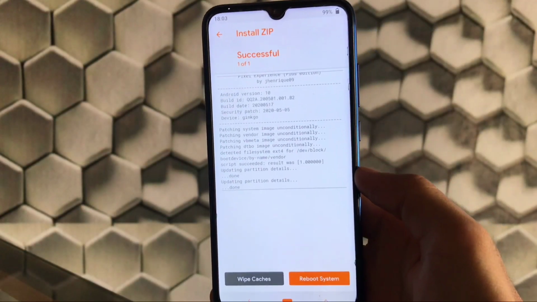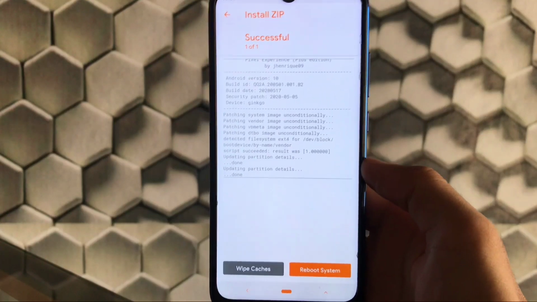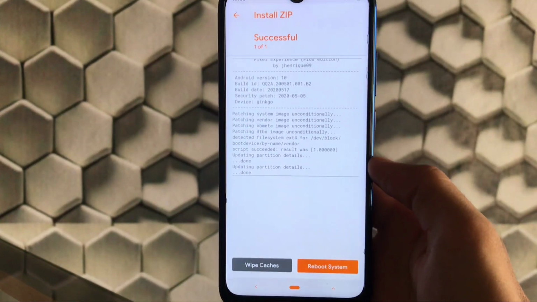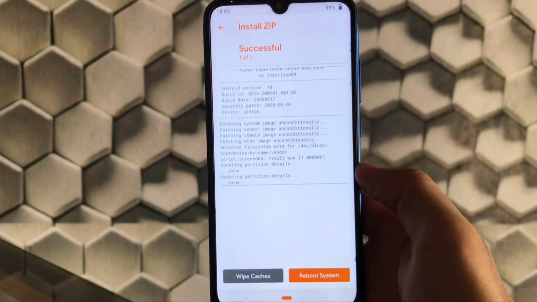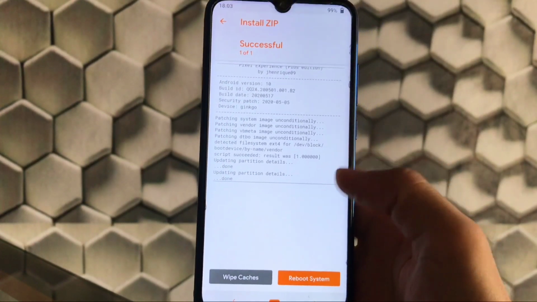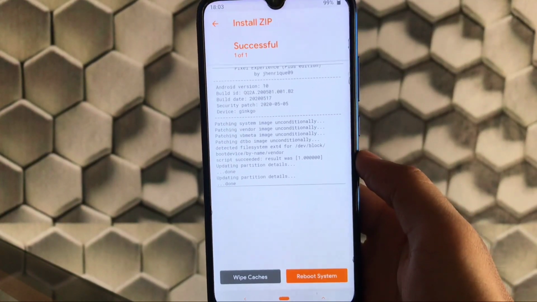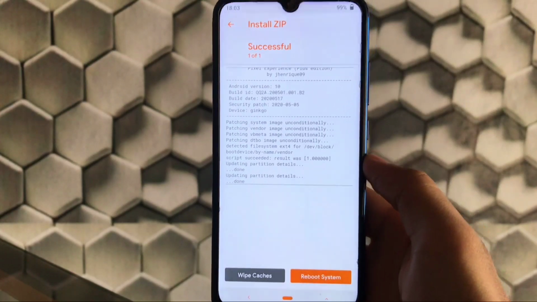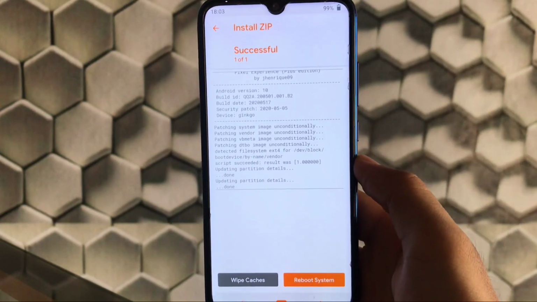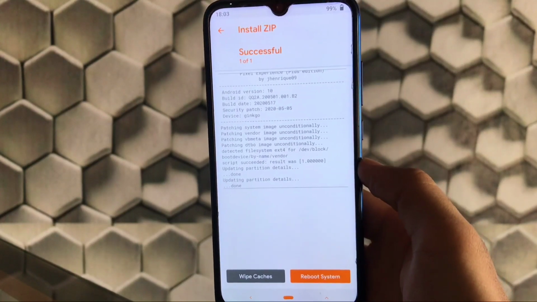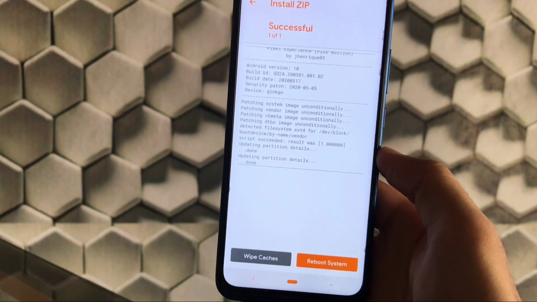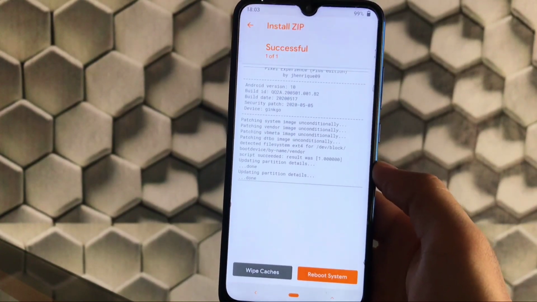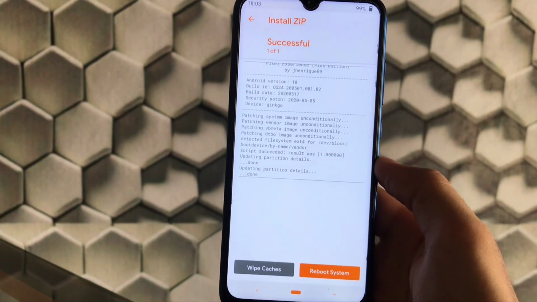Okay, so as you can see, you will get a successful message after the installation of the custom ROM on your device. As you already know, we have the success message available here. After that, you can also wipe the cache if you want to, or you can simply reboot system. And if in case your system is not booting up, you may need to format data. Depends upon your device, it's not compulsory. Just reboot system once. If it reboots, just good. And if in case you get any errors, you just have to click on format data, and maybe that will boot up your device custom ROM. Now let's boot up.